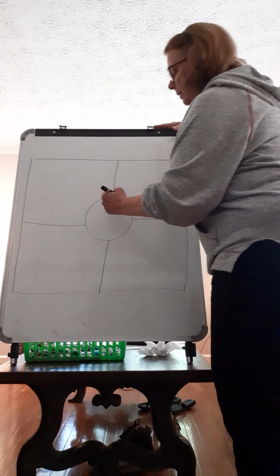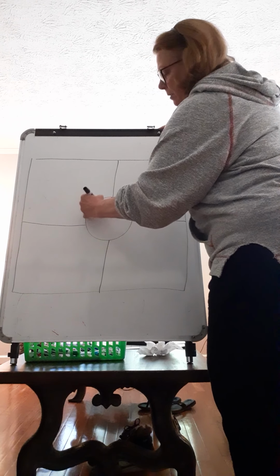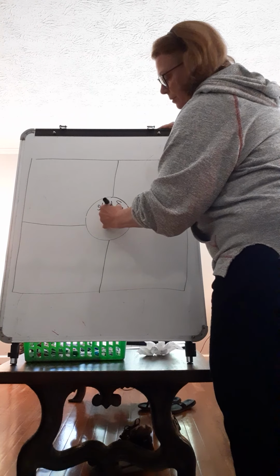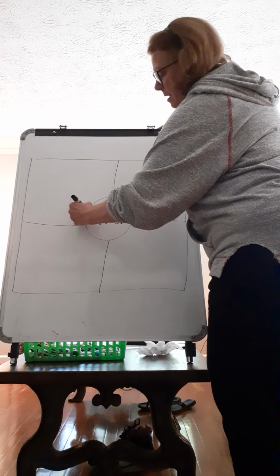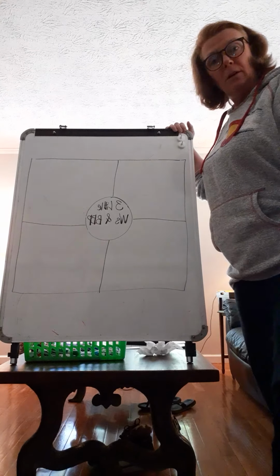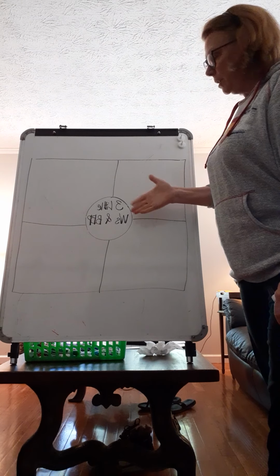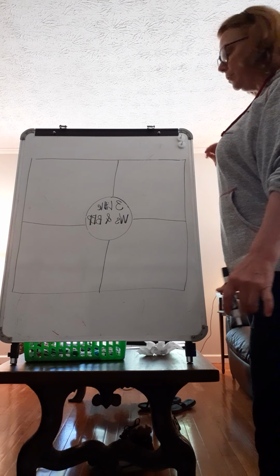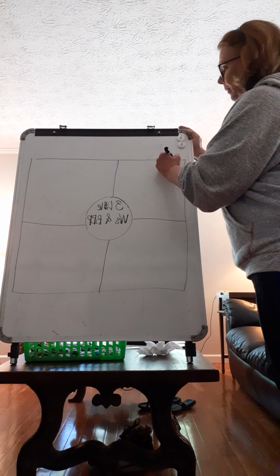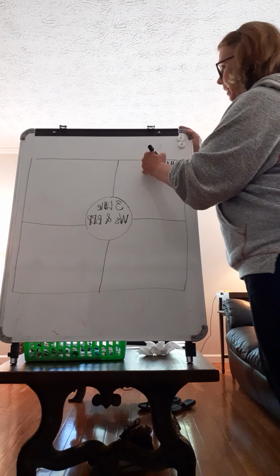I'm going to put the title in the middle. I'm going to abbreviate a few things. 3 little W's and a BBP, Big Bad Pig. So that's my abbreviated title for The Three Little Wolves and the Big Bad Pig, because it probably won't fit in that circle. Again, on the top, we need to label top left characters,